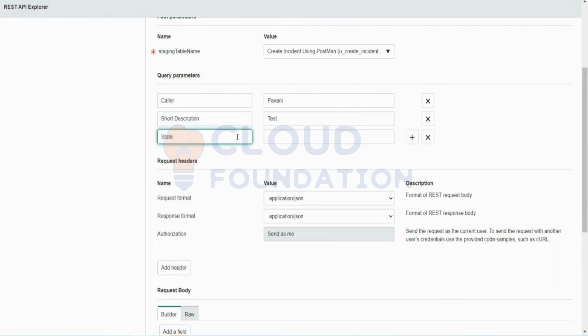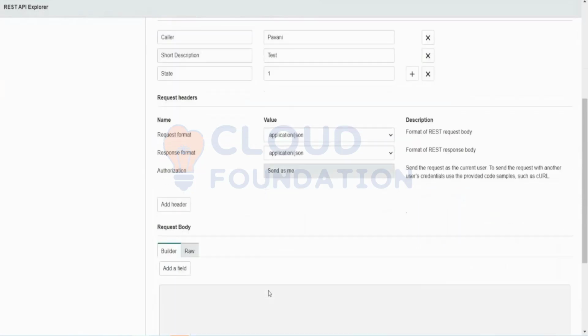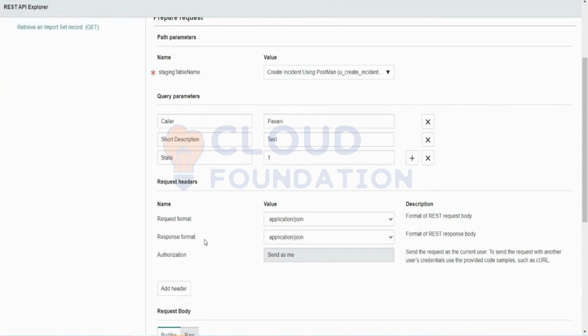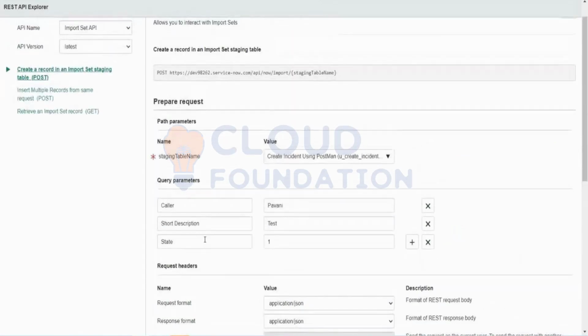Let's create this first. I'm going to send it first. Meaning, while I am creating this from the staging table, I'll have to create a record in the incident table, and these are the parameters that I have passed.